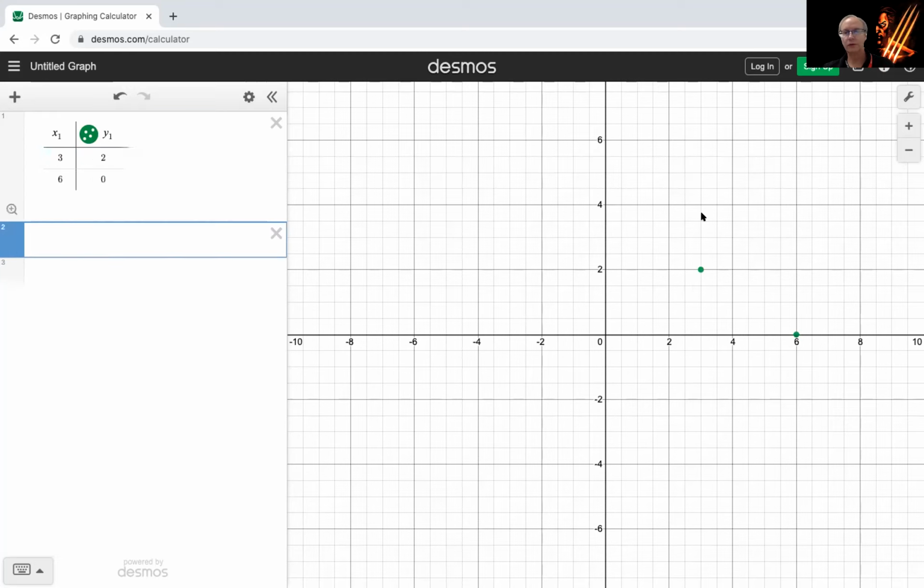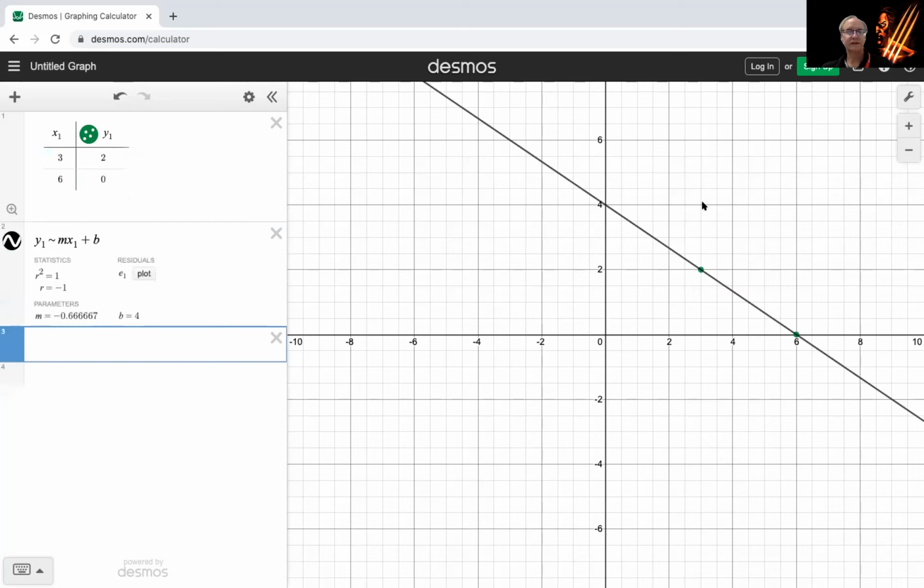Now, if I want to get the equation, I can do y1 tilde, don't forget where your tilde key is. It's that little squiggly thing. mx, don't forget the 1, plus b. Now, it just so happens that my slope is negative